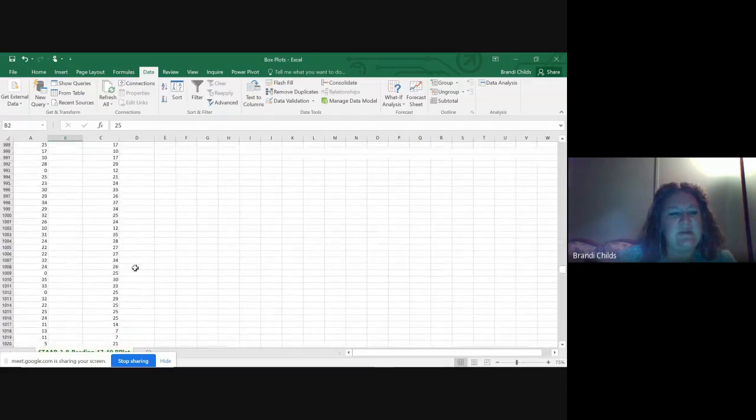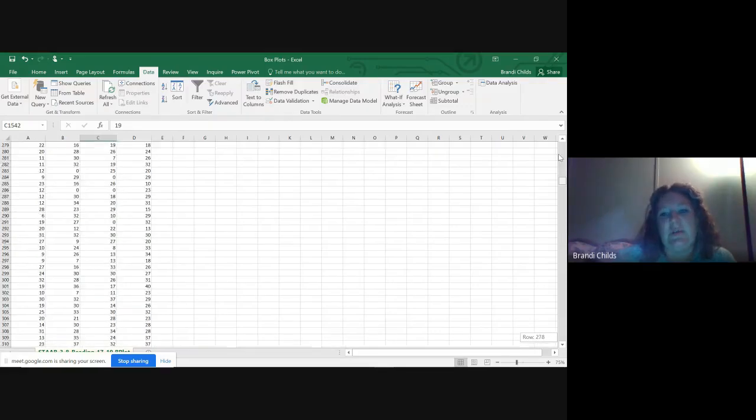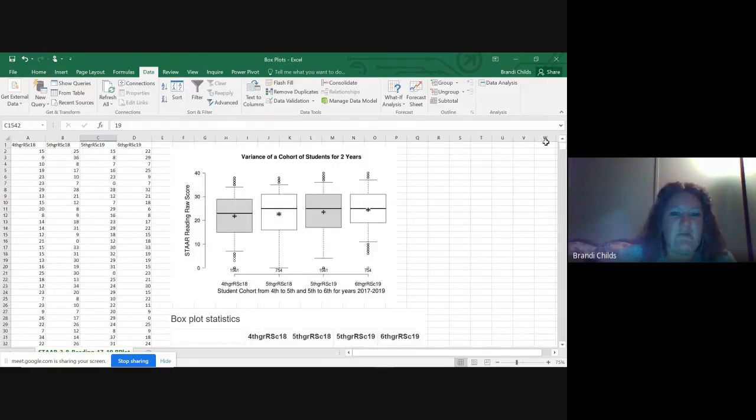The reason I ask is because this is really duplicate information. I left it because I wasn't 1,000% sure, but I think I may need to go back and delete these, because these are actually going to be my 5th graders here. These are actually going to be my 6th graders. So that is a question of concern I want to make sure I get addressed before I move on next